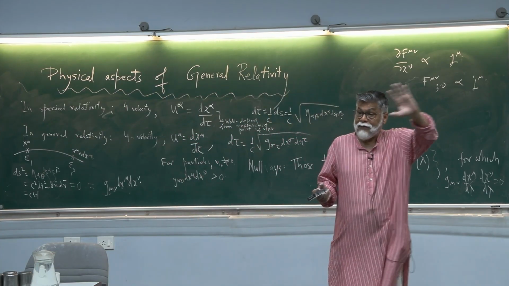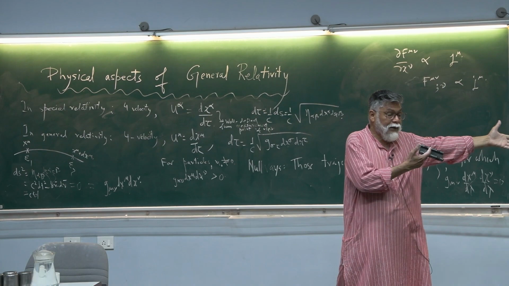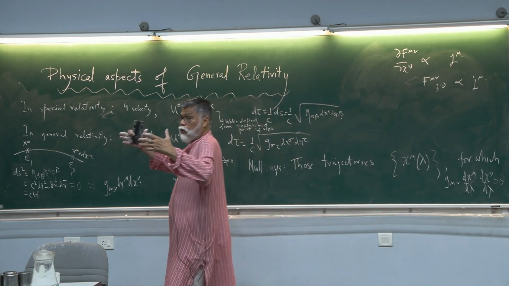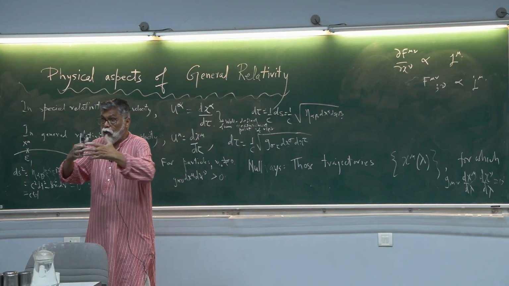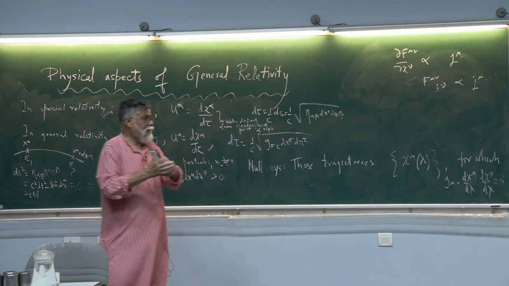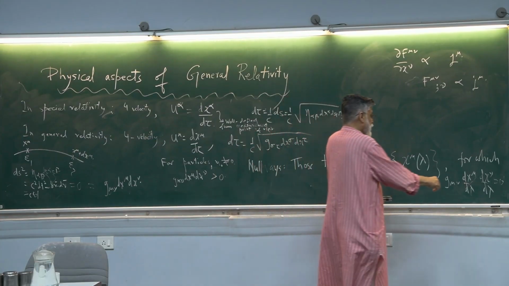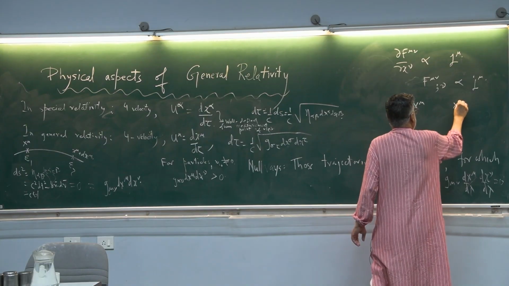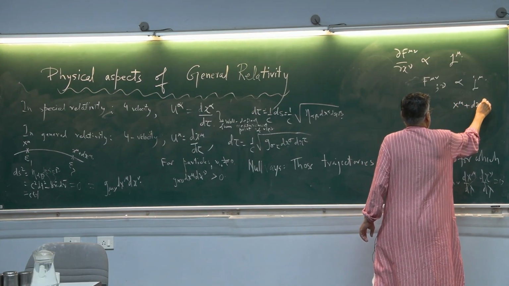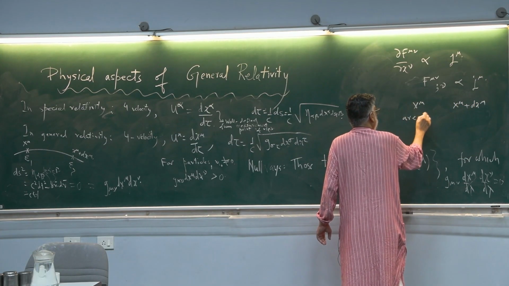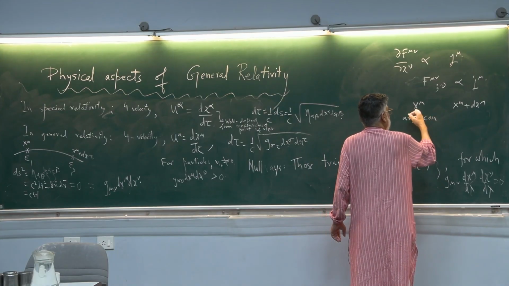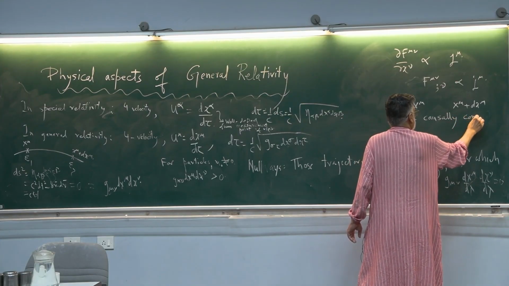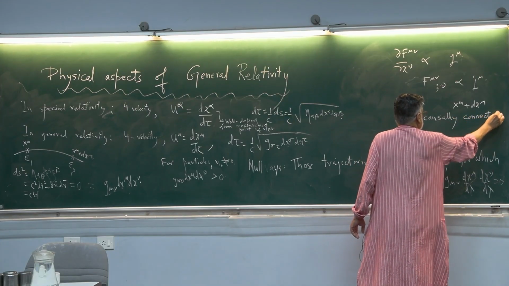So momentum and energy have to be transferred, and they are limited by the speed of light, and therefore locally only those things are connected causally which are in a causally connected region. So x^μ and x^μ + dx^μ are causally connected, meaning they can influence each other, if and only if